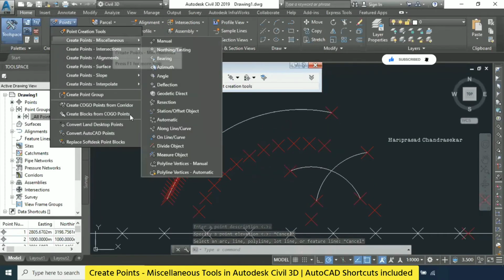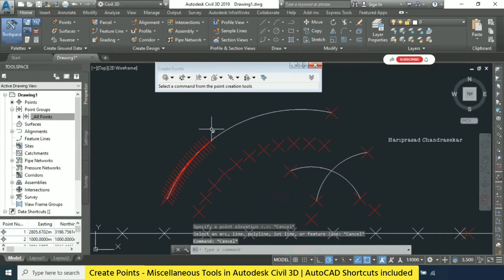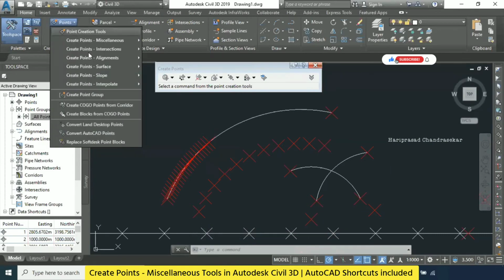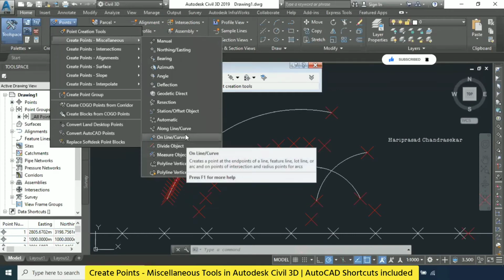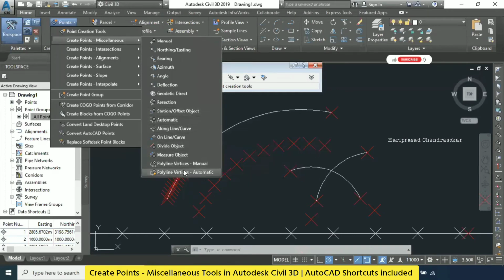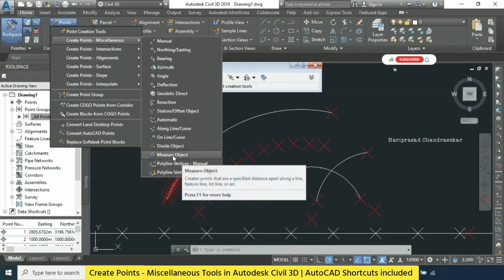One more thing, Hari. In this option, you gave a starting station, no? Yeah, I gave it, but it's not picking where we are picking, it's starting from zero. Zero in the sense of the starting point of the arc, not where we are picking. That's why I want to try it again.